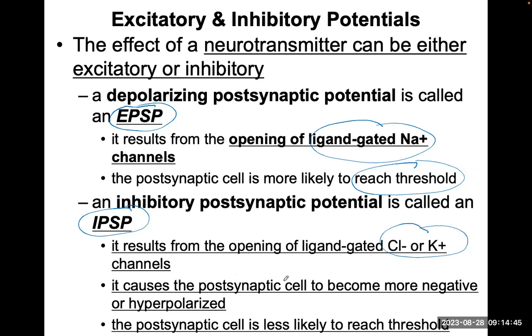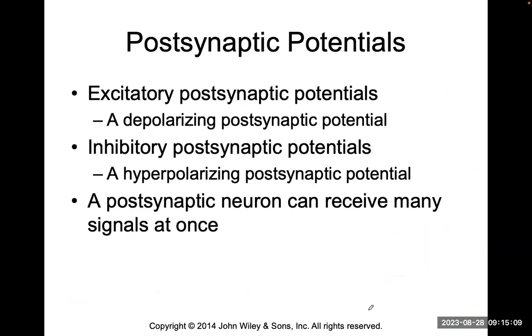And that's going to cause the postsynaptic cell to become more negative or hyperpolarized, right? It's going from -70 maybe to like a -90 on that chart. The further away you move from resting membrane potential in a more negative direction, the less likely you are to reach the threshold, and it becomes more inhibitory, less likely to become excitatory. So excitatory postsynaptic potentials, we're dealing with depolarization. Inhibitory is when we